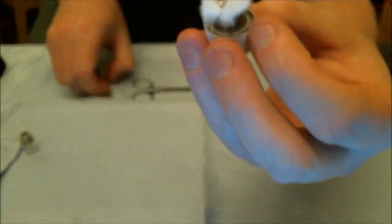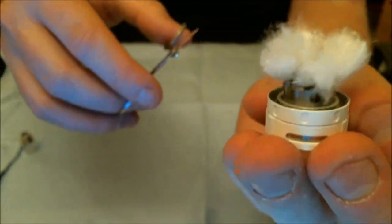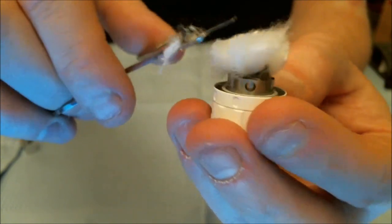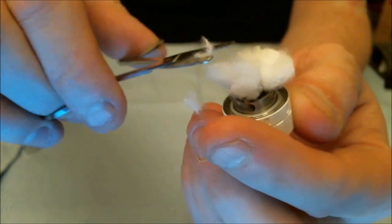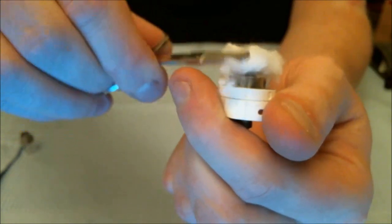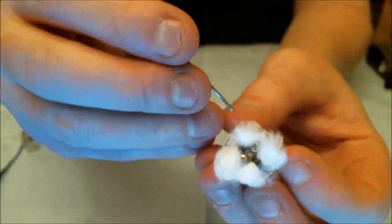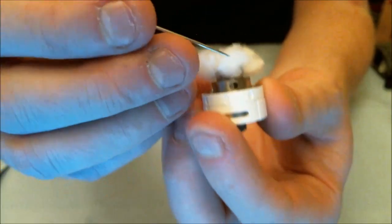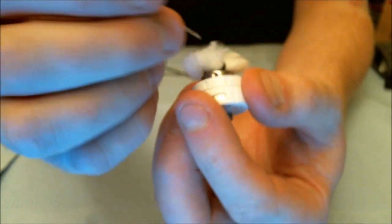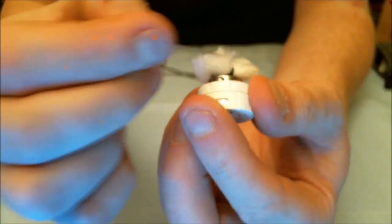And then I do a little bit more trimming of the thickness, because look, some of them are quite thick, so I just trim, trim, trim all the way around, just thinning it out slightly, because less is more with this, like most RTAs at the moment. Then all I do is, let's do it back to front, guys. I get half of that, one of the legs, I get half of it,